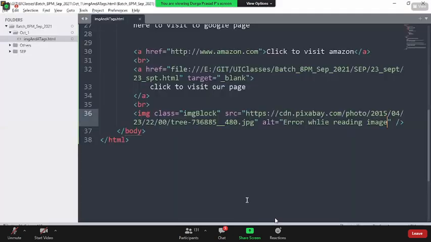The alt attribute indicates alternative text, which will be shown automatically when there is an error while loading the image. Repeating again, the ALT attribute is alternative text which will be shown automatically when there is an error while loading the particular image.